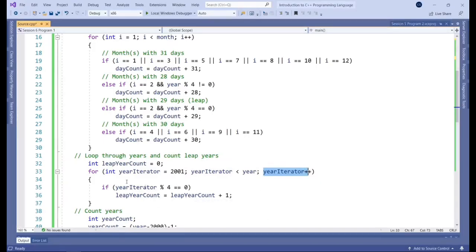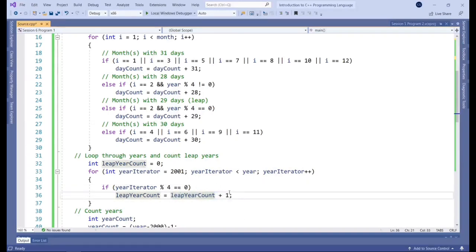So next we have the body of the for loop, and we just have an if statement. So it's quite simple. We look at the year iterator, its current value. So in the beginning, it would be 2001. Then we would see if there's a remainder or if it's divisible by 4, right? And if it's divisible by 4, we add a leap year to the leap year count.